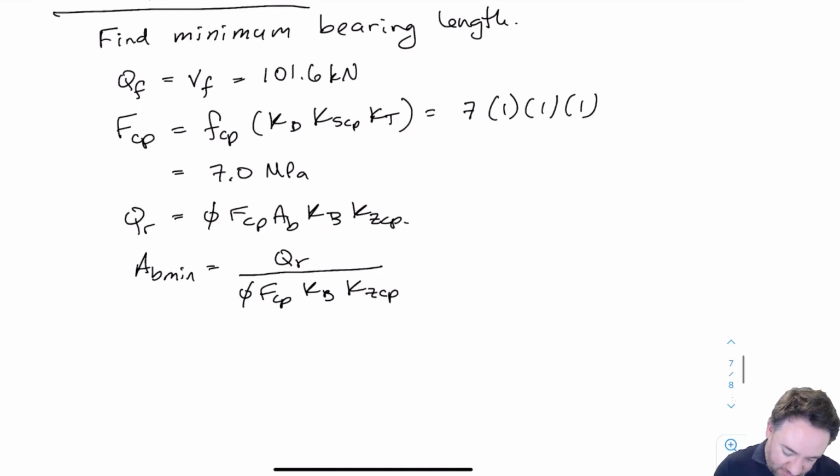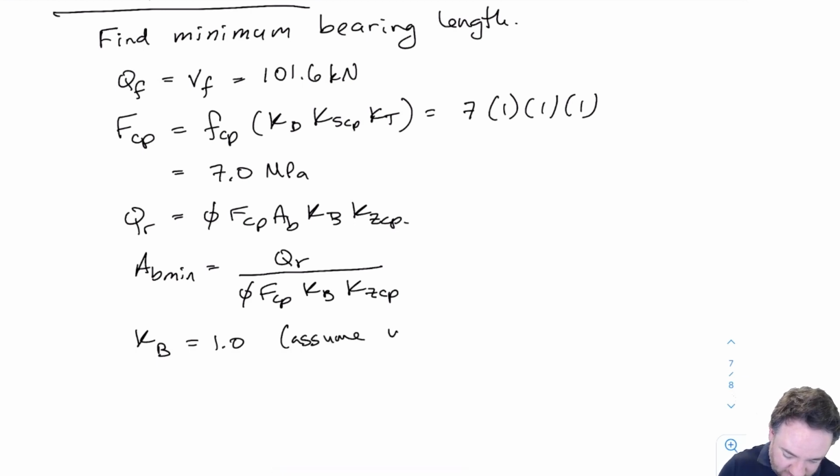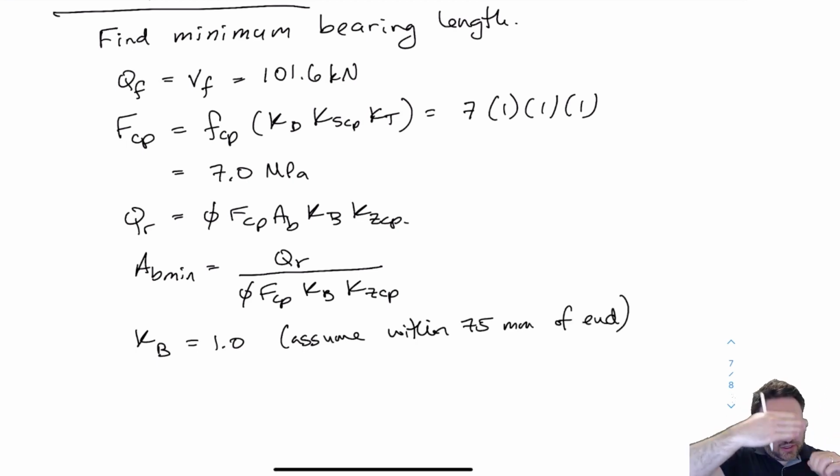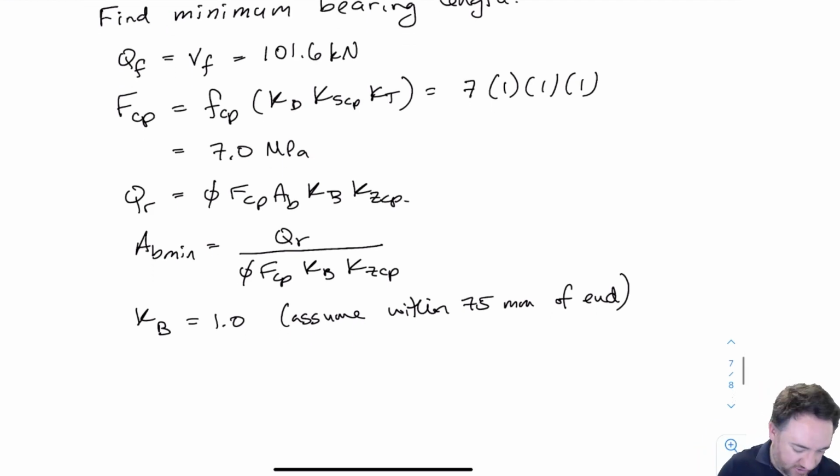Okay, so we have capital FCP, we need KB. We're going to assume that KB is 1.0 because we're going to assume within 75 millimeters of the end. That makes sense because we're considering that our beam is going to bear something right at the end of the beam, so we don't have any length of bearing factor. Our KZCP,